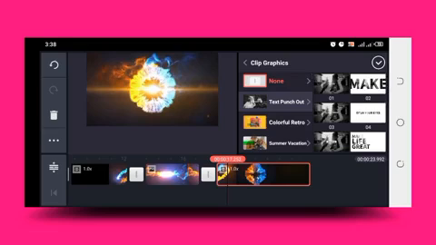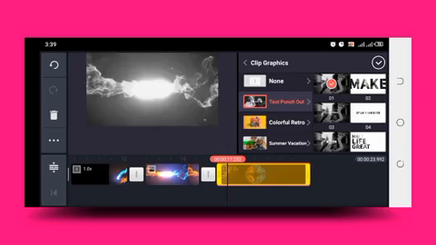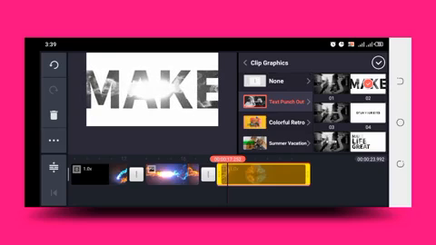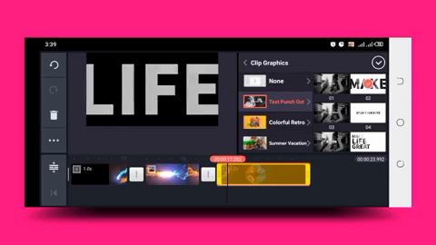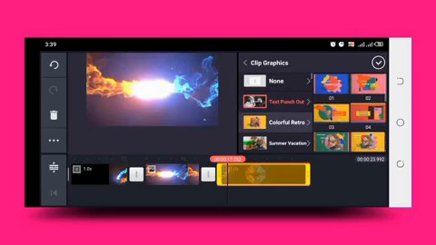So if we click on text punch out, let's see how it appears on the video. We've clicked on it. You can see the preview at the right corner. You can see the preview on the screen already. And if we're picking this, let's see what we've got. See, and let's go for another one. Let's see this,